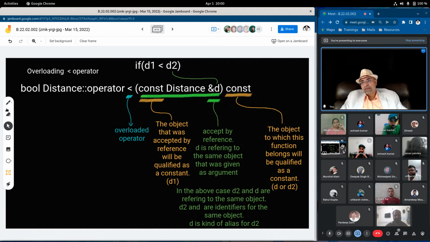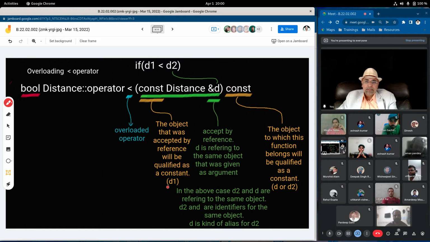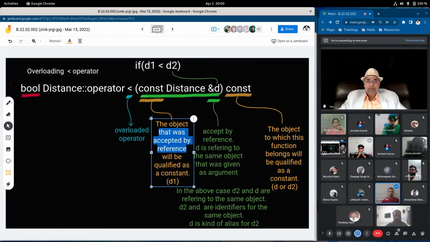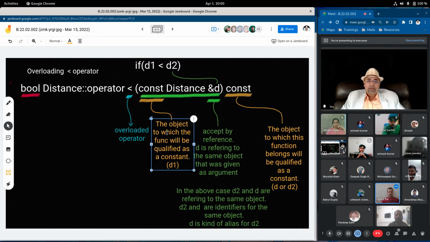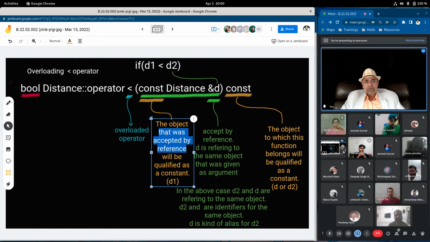Okay. Now the return value. Sir, that will be D1 D2, right? No, it is the object to which the object that was accepted by reference will be... no, I have given the wrong statement. No, it was fine.